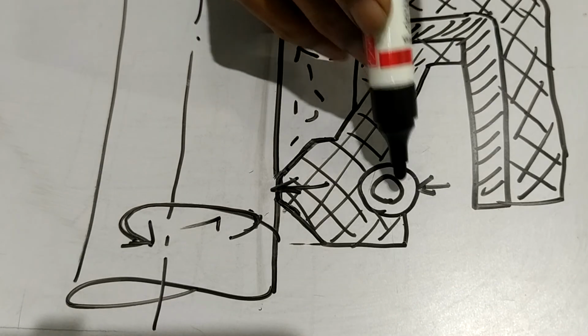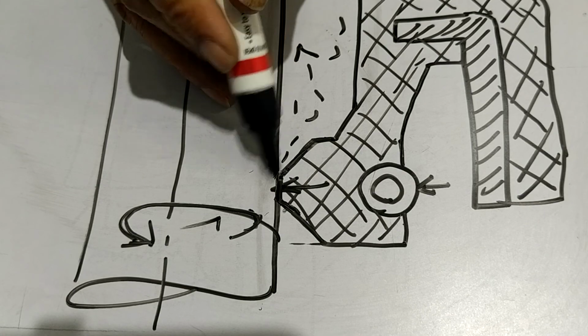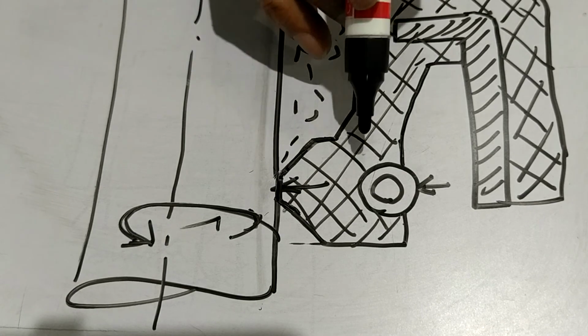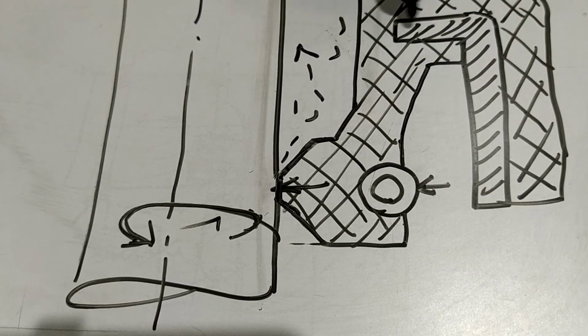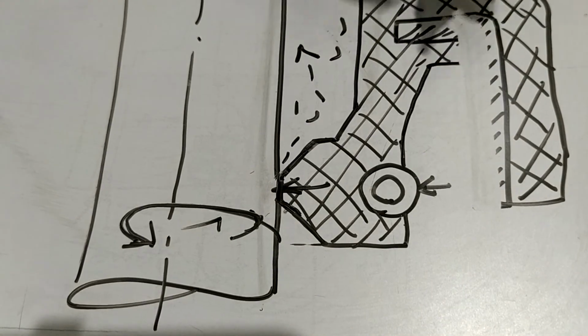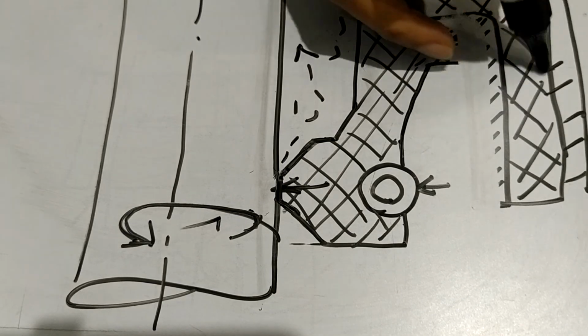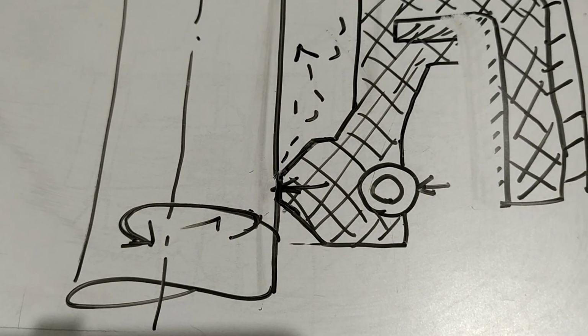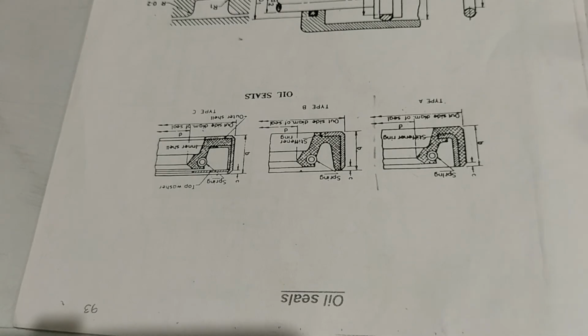Because of the spring which applies a pressure, and the tip of the oil seal gets pressed, that also exerts a pressure, and as a result the oil leakage is prevented. And the strength of the seal is improved by this kind of metal shell. So this is one type, it is called type A. There is some other design in which the strip is not here, the strip is from the outside. So the strip is on this side. This is another design. So you can now see the figure. So now if you see here, this is what